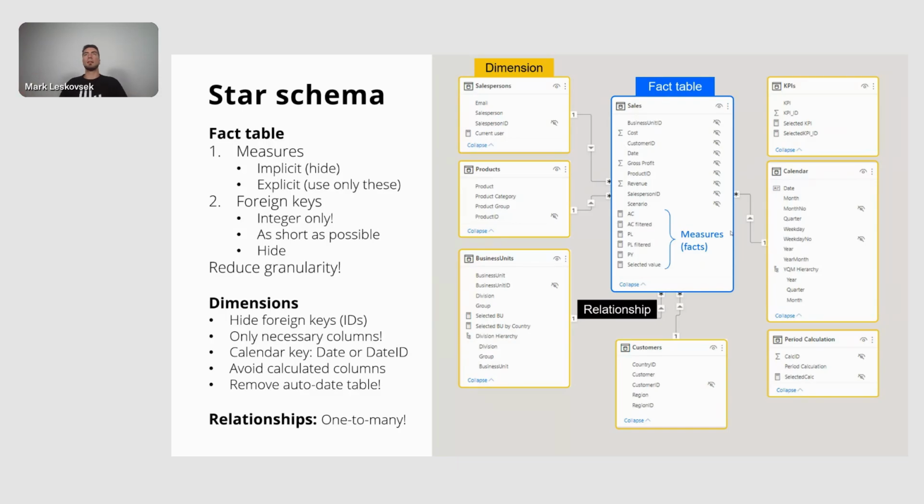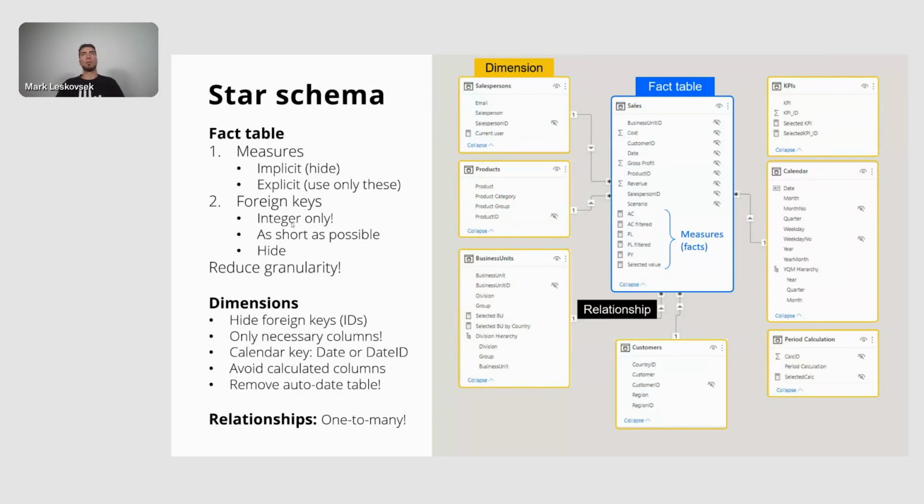Now, this would be the typical example of a star schema, right? So we have a central fact table. You can include measures in the fact table and hide all the rest, right? Or you can even create a separate table just for the measures, and that will also be a good way, right? You can then structure it in folders and so on. We want to hide all the implicit measures, or even disable them, and I'll show you how to do this later, and use only